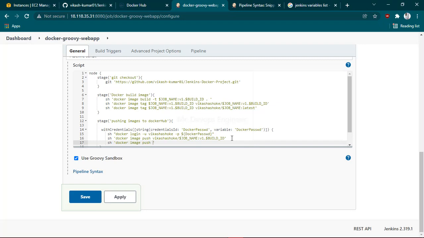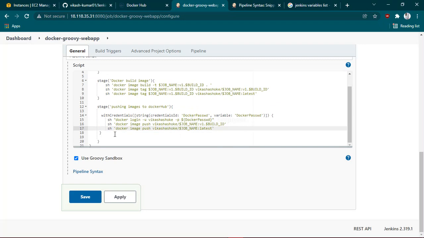Which one? The one with the latest tag. Copy and paste here. Okay, so once your pushing is done,